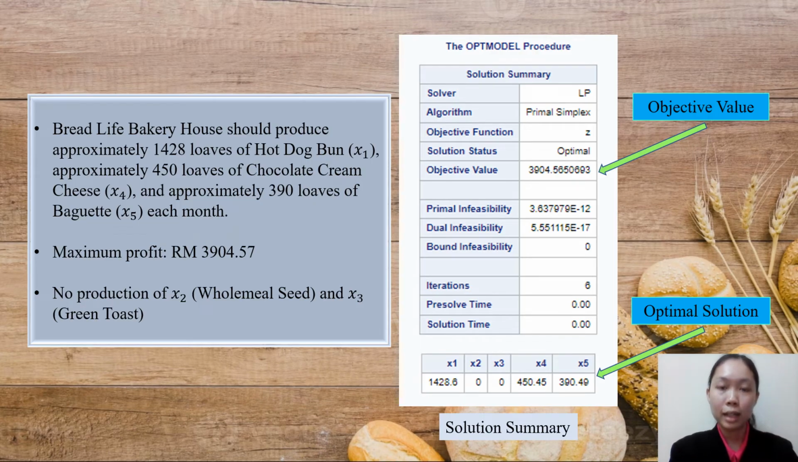After running the SAS program, the optimal solution that we have obtained is S1 equal to 1428.6, S2 and S3 equal to 0, S4 equal to 450.45, and S5 equal to 390.49. The objective value is